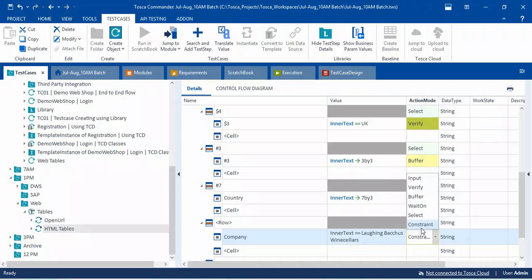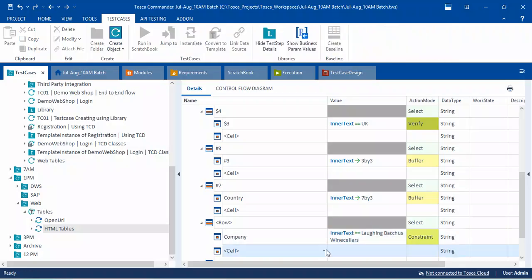Constraint is also one of the action modes. A constraint is nothing but a condition, a conditional statement, like in SQL Server where we have constraints. So here also we are instructing the tool to use this condition: wherever the inner text of company is equal to this,